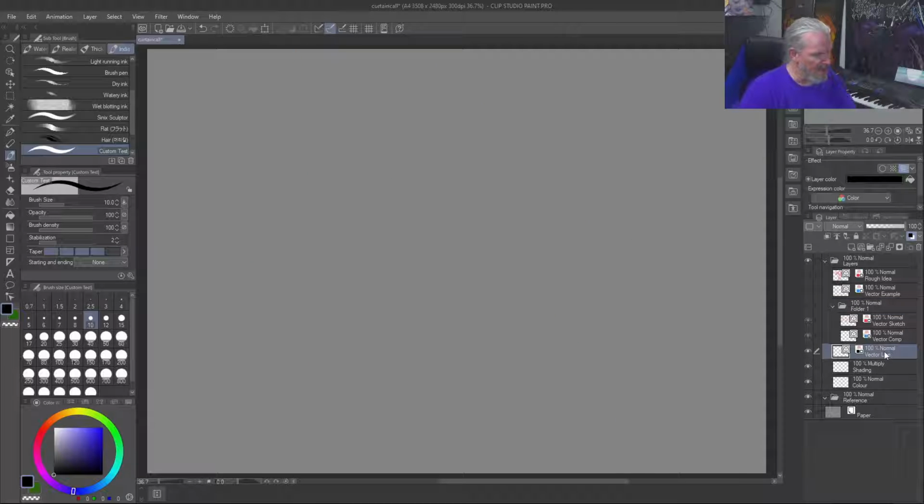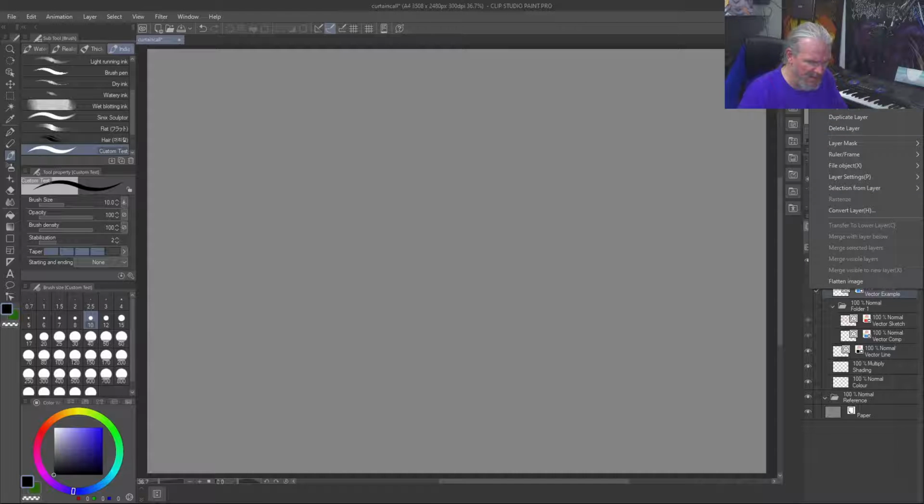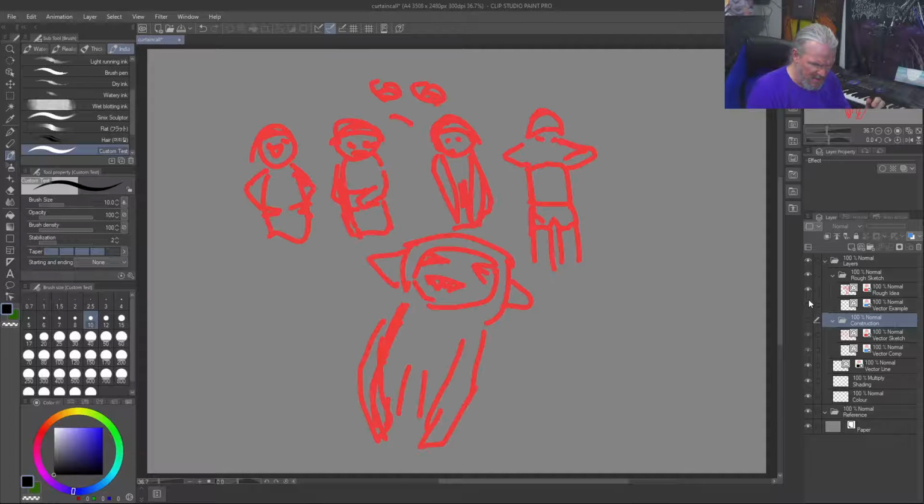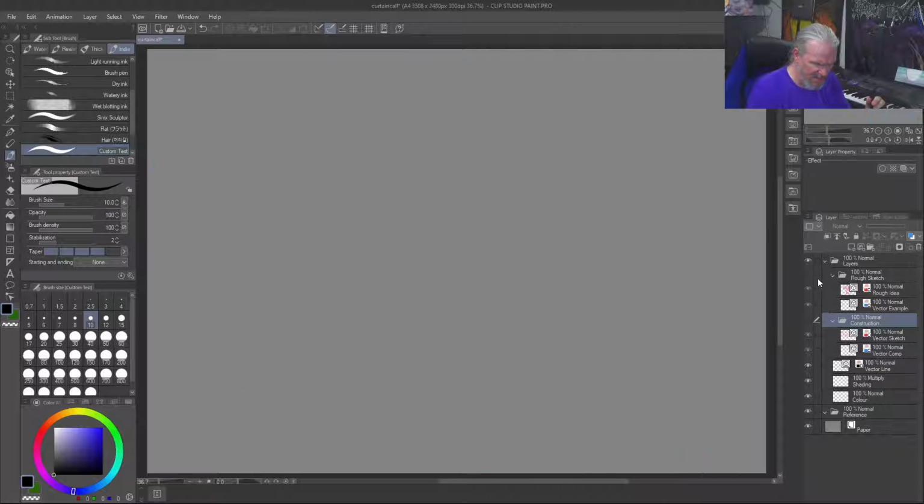But the raw structure of Gura's. I'm going to put these two rough ideas in their own layer, in their own folder too. Rough sketch. Construction. Okay. So, yeah. We can turn those on and we can turn that off. And, okay. So, down here on this particular layer right here,